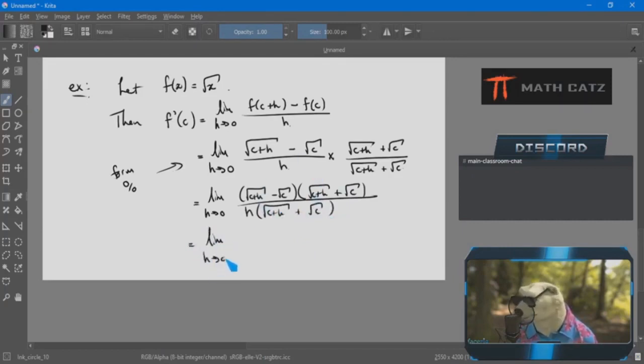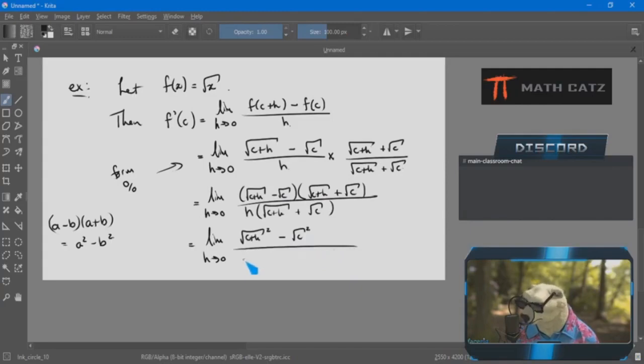The top is what's important, because I remember that if I have an a minus b times an a plus b, that simplifies to a squared minus b squared. It's the difference of two squares, and that's exactly what I have here. The same thing's in the bracket, except one's a minus and one's a plus. So that means I have the first one squared and the second one squared. And my bottom stays the same. Nothing is happening there